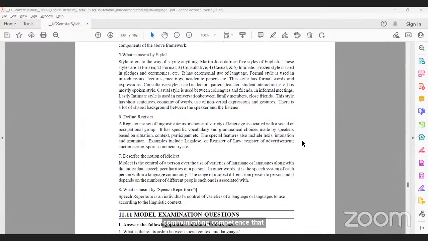That means you have the sense of how to communicate. That is the meaning of these two words, communicative competence. Competence means skill. Communicative means you have the skill of communication. You know where to communicate, and in which way. That is what communicative competence is.